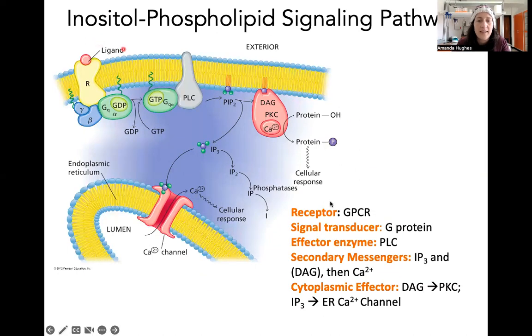Actually, let me go ahead and put the breakdown of the different parts. Okay, so we still have a G protein coupled receptor in the membrane, integral membrane, and the ligand will come and bind, whatever that is, a hormone or a small molecule, and that will create a conformational change, which will release the G protein complex. When the alpha subunit releases, GDP goes away, and then GTP binds, and that gives the active form of the alpha complex. This then binds PLC, which stands for